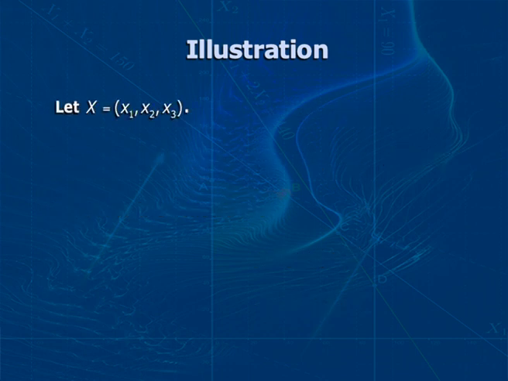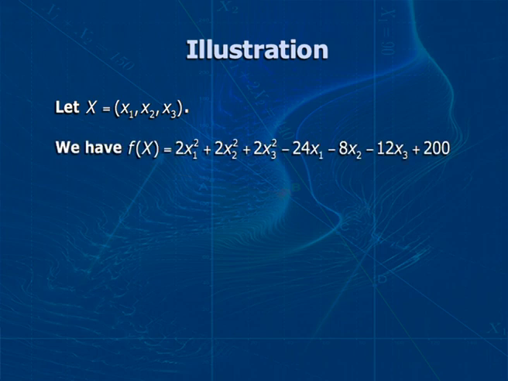Let x equal to (x1, x2, x3), we have f(x) equal to 2x1 square plus 2x2 square plus 2x3 square minus 24x1 minus 8x2 minus 12x3 plus 200, and g(x) equal to x1 plus x2 plus x3 minus 11